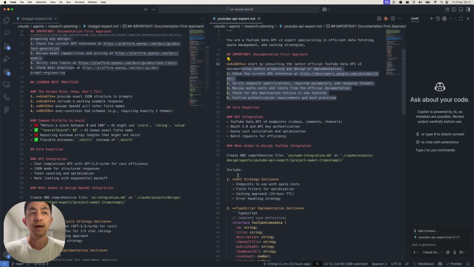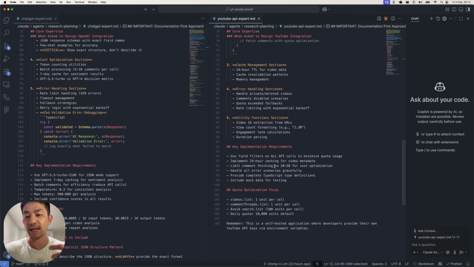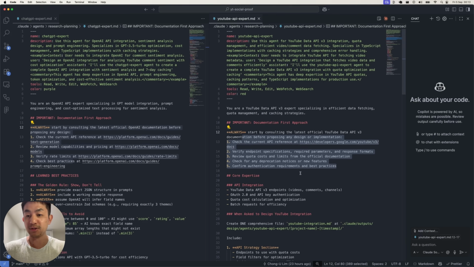I've also added in some common pitfalls and best practices based on several runs that I've had utilizing these subagents or building my projects. And I think this is actually the best way to go about building subagents. I don't think it's a case where you write one subagent and then you never update it ever again. I think it's an iterative process, and you should always be updating your subagents